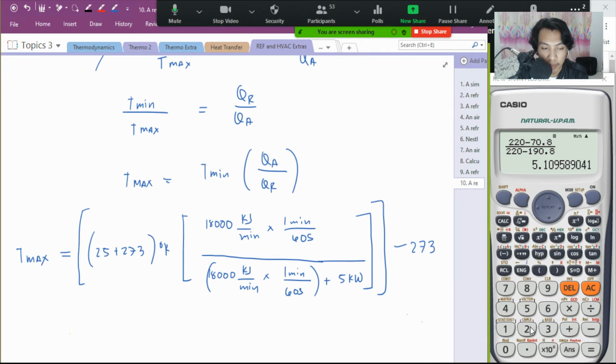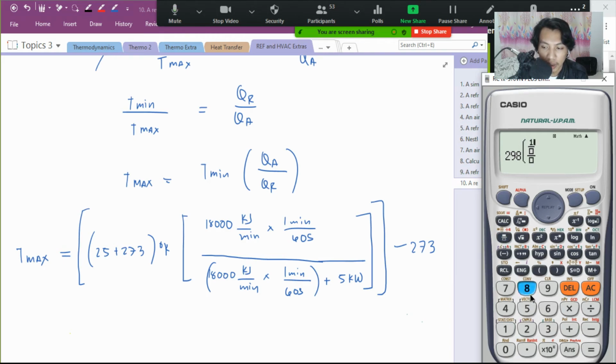So, 25 plus 273, I think that is 298, multiplied to 18,000 divided by 60. Okay. Tapos, sa baba, 18,000 divided by 60 plus 5. Okay. Minusan natin ng 273. The answer is